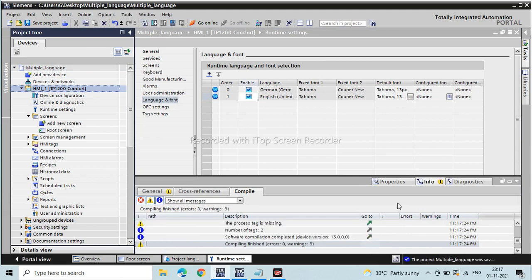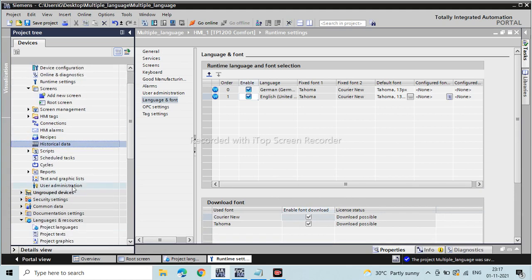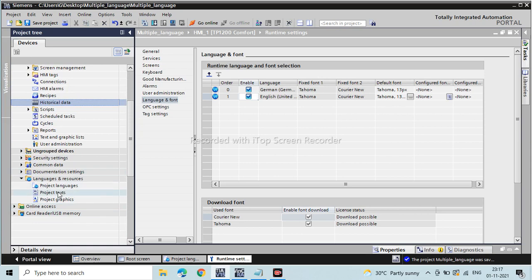After that we will move to our third step, exporting project text. In exporting, we create an export file. For exporting a file, we go to the project text.